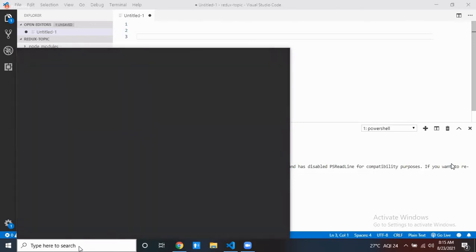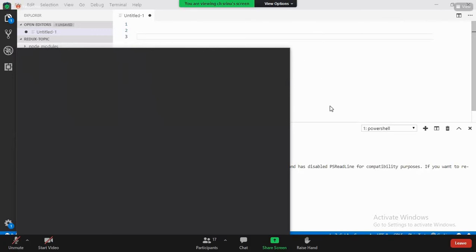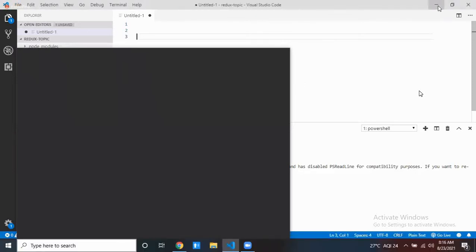Same like this in your React Redux application. For example, there is one functionality I want to use multiple times. Then instead of writing that particular functionality multiple times, you can